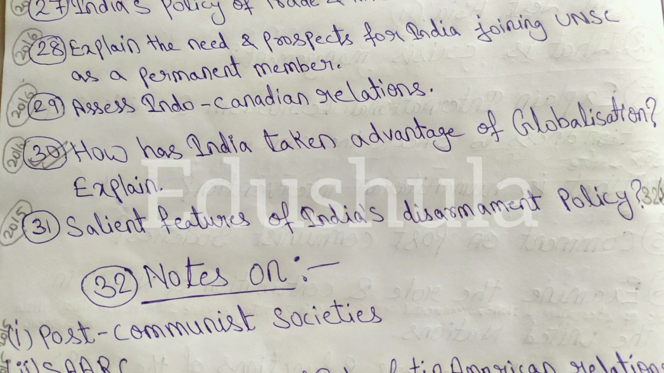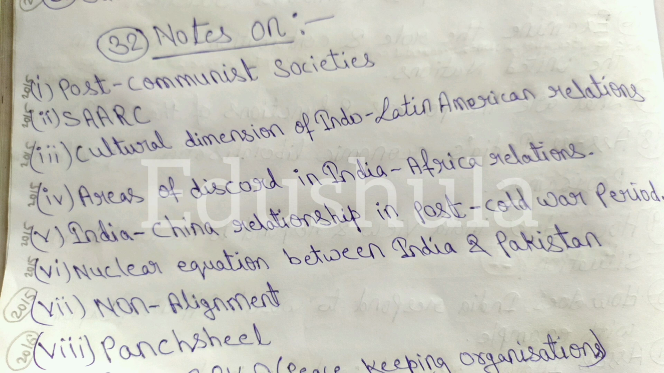Explain. Salient features of India's disarmament policy. Notes on the following topics: post-communist societies, SARC, cultural dimension of Indo-Latin American relations, areas of discord in India-Africa relations, India-China